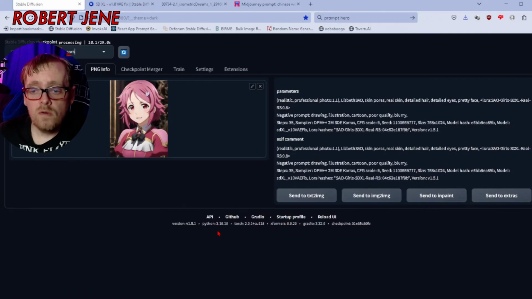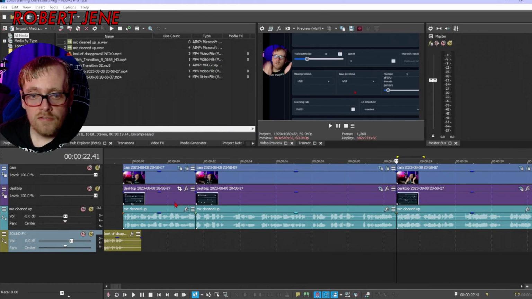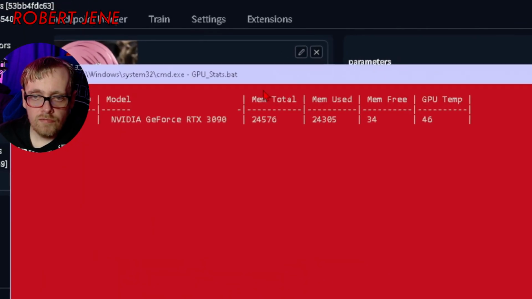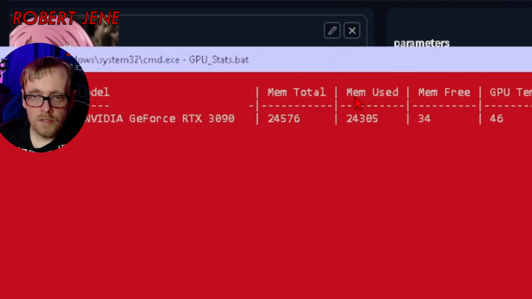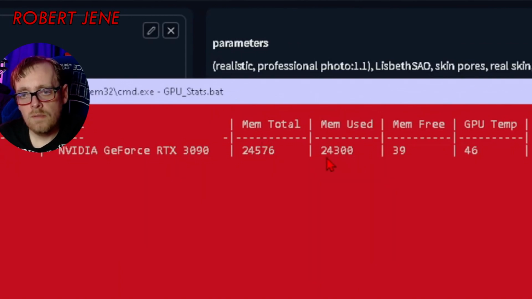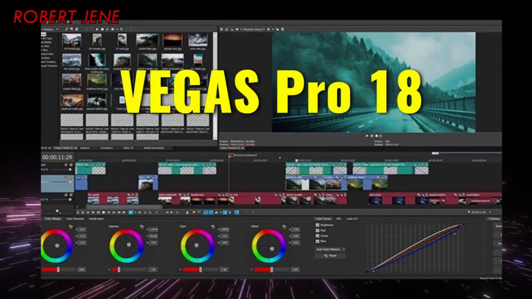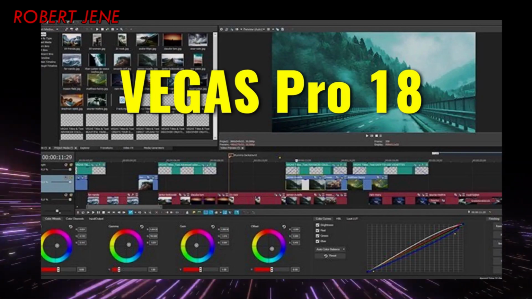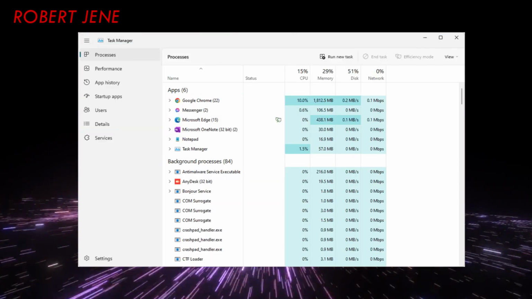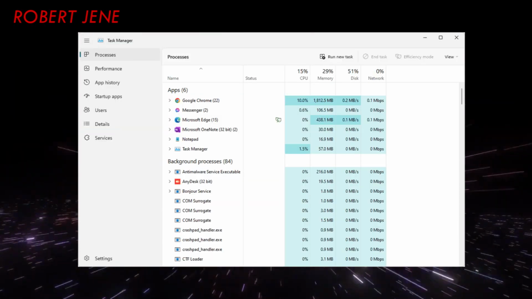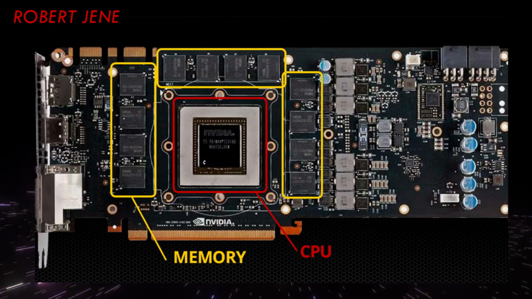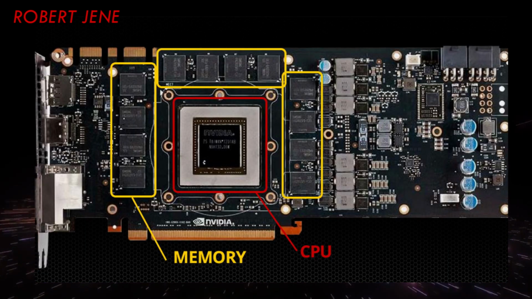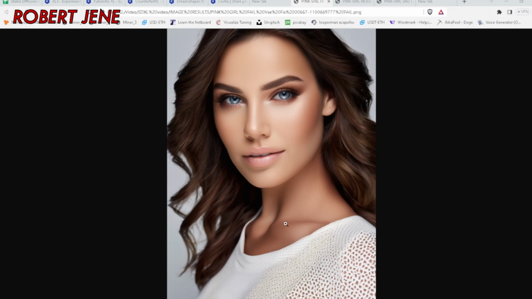Is it because I've got my other video I filmed earlier tonight open in my editor, and it's using some of my VRAM? Let's look at my VRAM monitoring tool. Oh my goodness. That's how much of my VRAM is used up right now. Then I closed my video editing software and it didn't help. And I wasted a few minutes poking around in the task manager trying to figure out what was using up my VRAM. But then I ran it again, and here's the result of the pink anime girl,